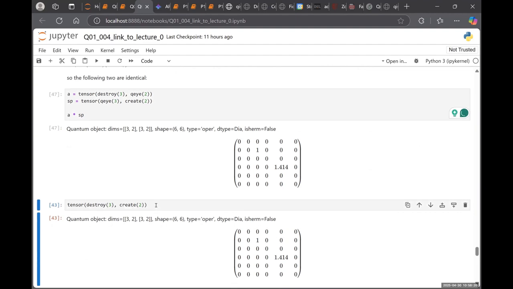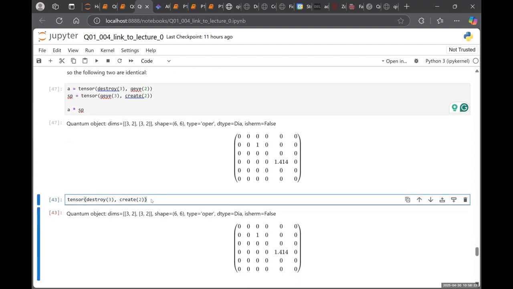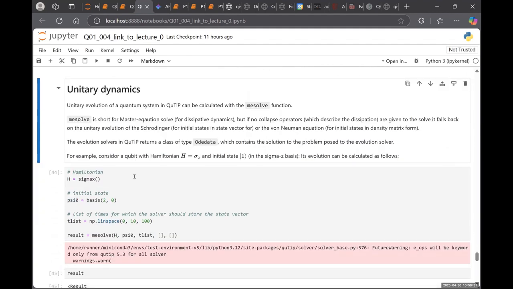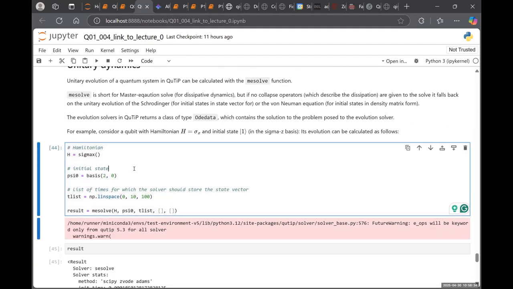You can also create and destroy operators with different dimensionality, and then you also have dynamics. You can solve, for example, the evolution of the Schrödinger equation. So you have sigma z, this is the evolution; we're going to evolve under this Hamiltonian. You start with a 2, 0 state, and then you can solve using this mesolve with the Hamiltonian,